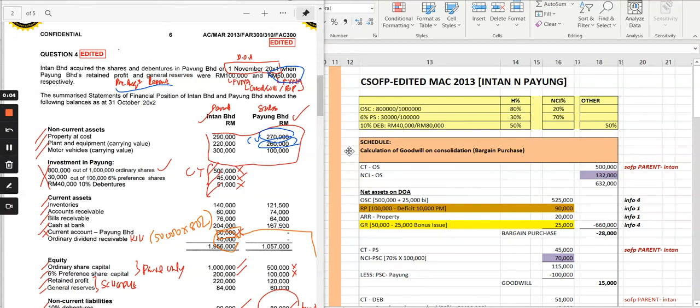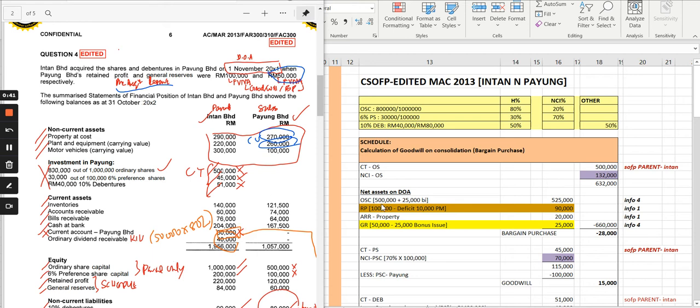This is the second video on the preparation of consolidated statement of financial position for simple group structure using question March 2013 edited version, where this is dealing with the last part of the preparation, which is to consolidate and do the elimination in the consolidated statement of financial position. If you are interested to watch the first video, you can check down my description. But we are going to continue with the preparation of the schedule, as well as preparing the consolidated statement of